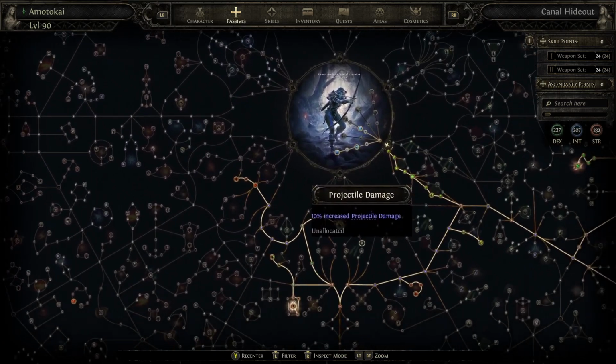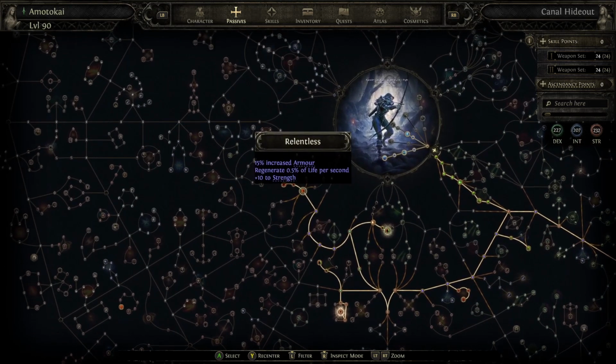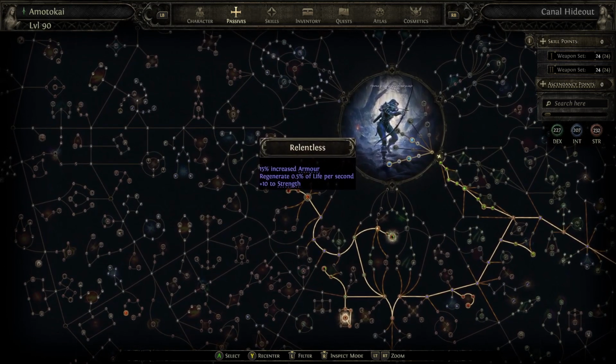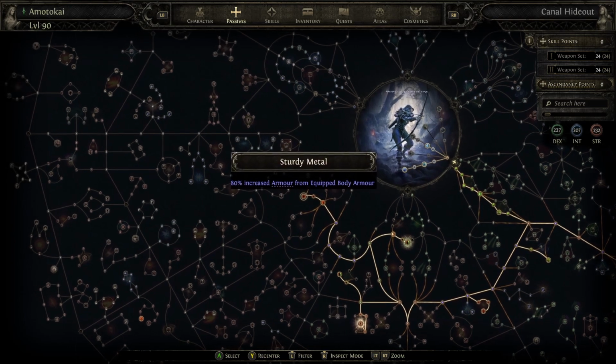I have a little bit of life regen from Relentless, which is just regenerate 0.5% of life per second, which isn't a whole lot, but having a little bit of life regen is better than not having any at all. So, I mean, it's probably not making a difference anyway, but it's a node that I use to path over